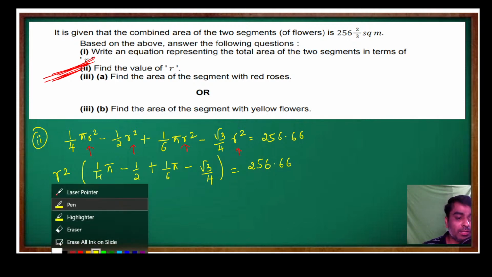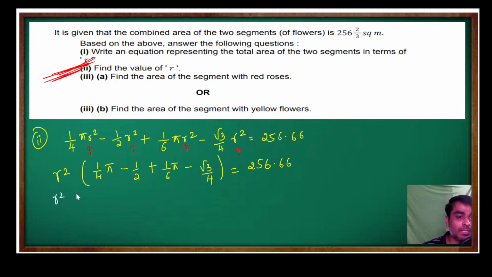Now we need to calculate what this is. R square, 1 by 4 into 22 by 7 minus 1 by 2 plus 1 by 6 into 22 by 7 minus root 3 by 4 equal to,